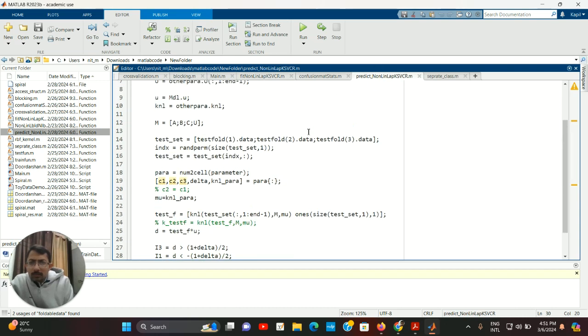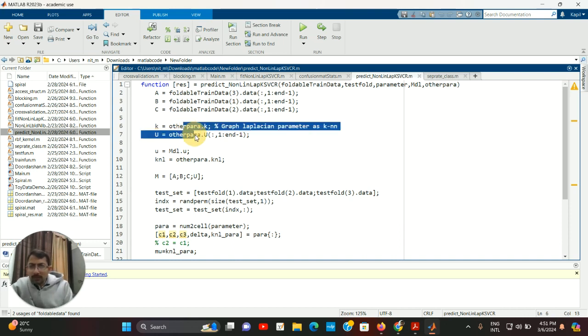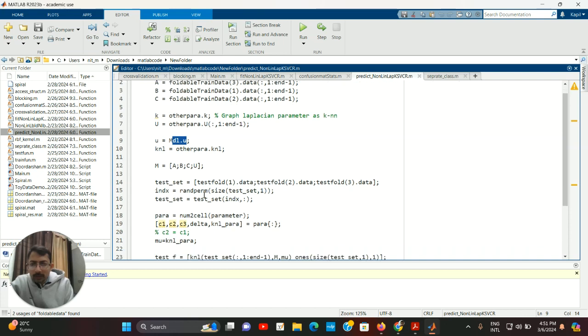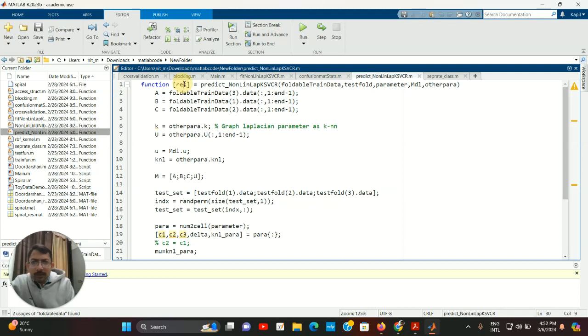Look at the predict function. Again, that foldable train data is going to give you all the training data. Then these are the fixed parameters, and then this is the model parameter. Whatever variables you want from the trained model, you can take those values, and correspondingly generate a result structure which has predicted class labels and actual class labels, or actual target values and predicted target values, and you return it. Once you've done that,